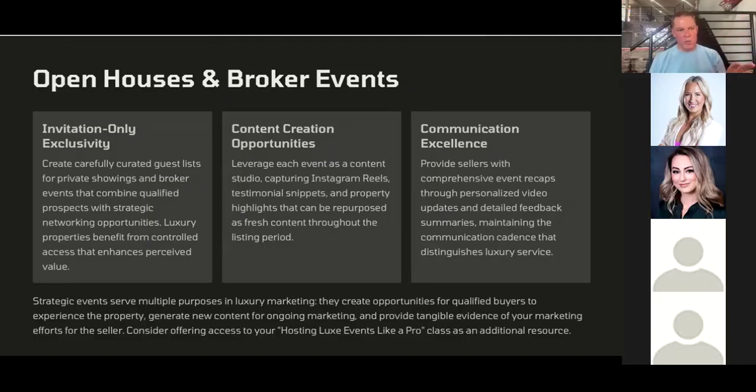Determining whether it's consumer focused, agent focused, right? If it's an agent preview, or what I like to do is a hybrid, right? Where you're inviting VIP clients from your sphere, your brokerage's sphere, obviously all of your own clients, your agents in your office and their sphere, but more importantly, the entire street, right? So you're trying to sell the house, but you're trying to gain future clients, and that is all part of